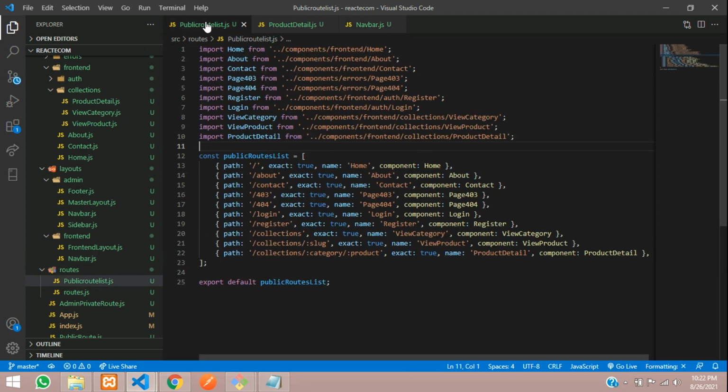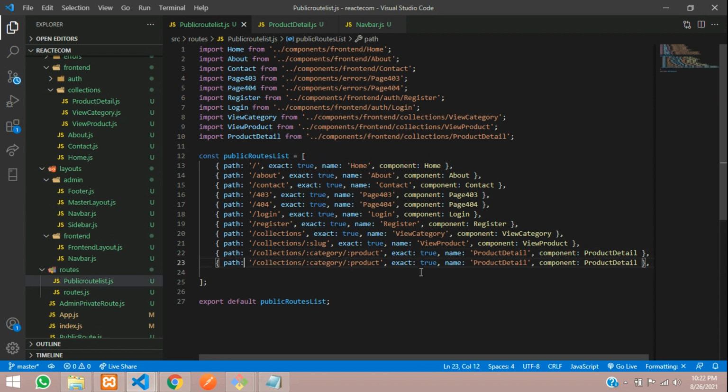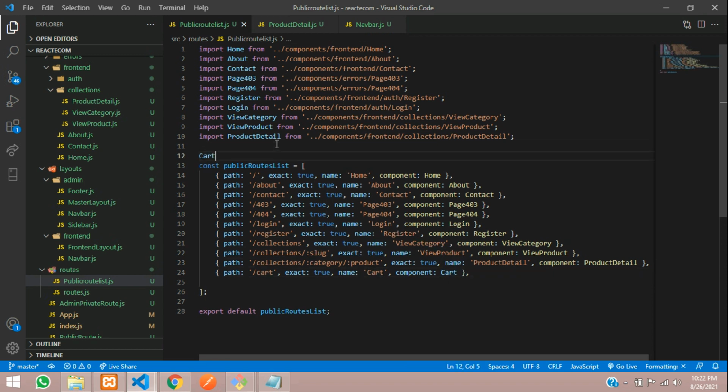Let's get back to our public route, copy and paste, and create a URL that will be cart, and the name for this we are going to give cart. Copy this, and the component name also we are going to create as cart. Let's import this.